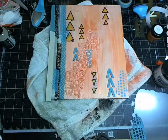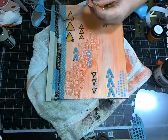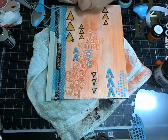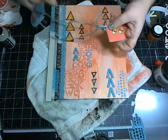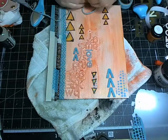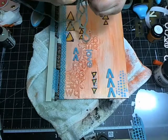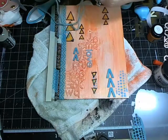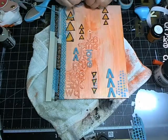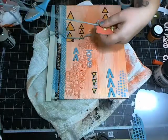I'm going to stab myself here. Now these bracelets are great because you can stitch through them. You can poke holes in them with the hole punch, which I'm going to do in a minute. So all I'm doing is I'm just going to loop stitch around the edge just to give it a finished look. You could also put perfect pearl or the pearls, the satin crystals along the edge as well if you'd like, if you don't like sewing at all, which some of us don't, and I don't blame you,